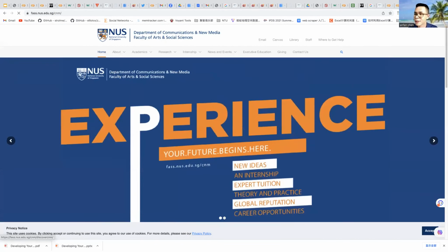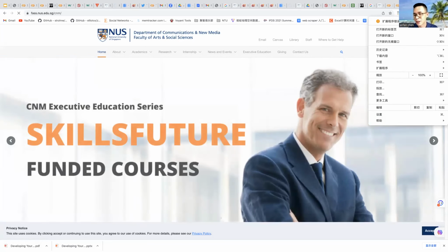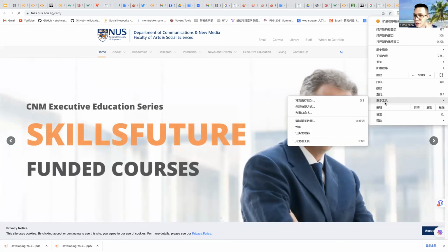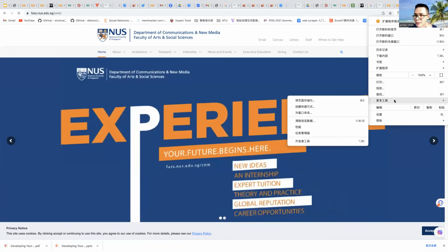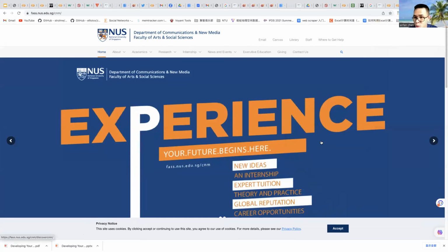First of all, you click here, and sorry for that, it is in Chinese. And then more tools. Click the more tools, and it shows the developer tools. Just click this one.